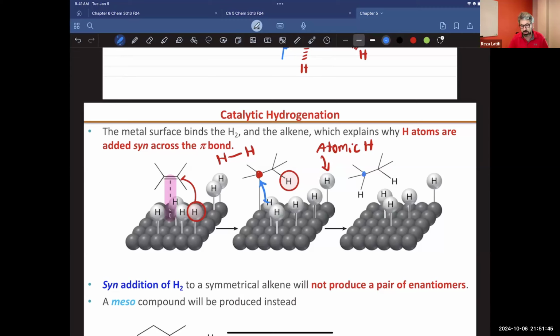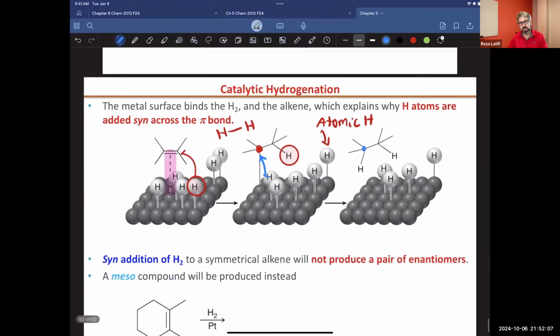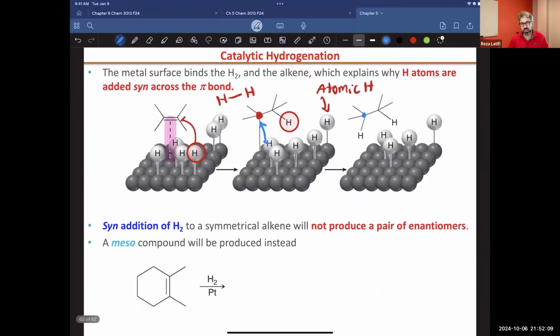Very soon this carbon will leave the surface because that carbon now is saturated, and both carbons are saturated, and then they can leave the surface and keep it empty. So the next molecule, next alkene, will get interaction with the surface and try to grab some of those atomic hydrogens that attach to the metallic surface. Okay. Again, the addition is seen, and we say we have